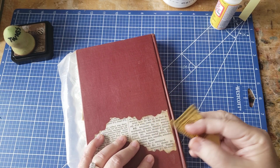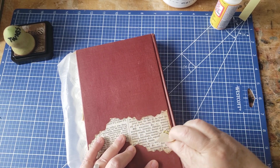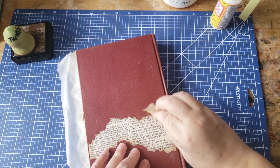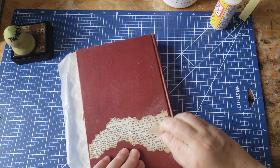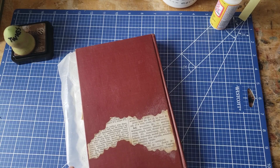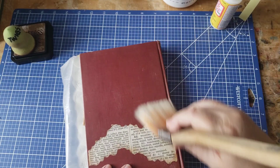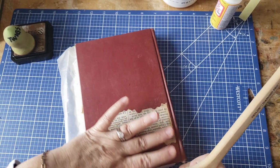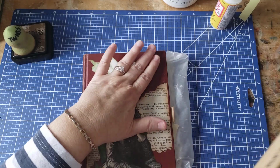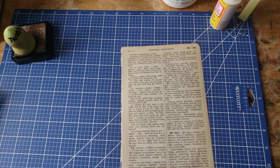I couldn't have picked a worse little piece of sandpaper. I tried to rip it off and it tried to give me a hard time. But I'm not in the mood. I am on a mission here. So I'm going over the edge a bit further because I'm not sure how big the end piece is going to end up being. There we go. All right, so now we can prepare this